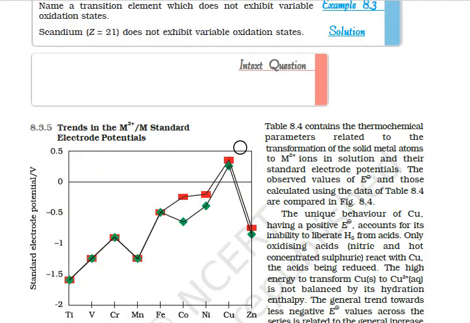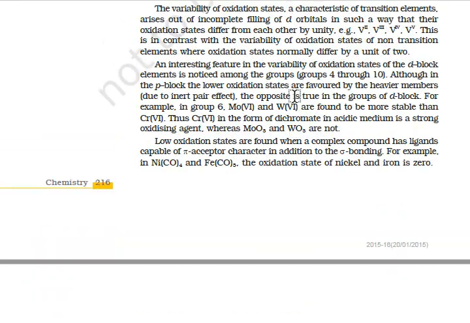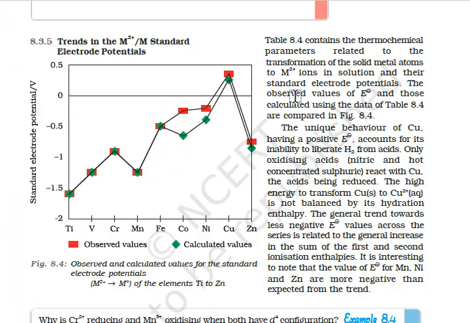Next is the trends in electrode potential. What are the trends in the electrode potential? When the electrode potential values are plotted in a graph, we can see that cobalt and nickel have different properties as compared to the other elements present in the series. But in the case of copper, the copper has a